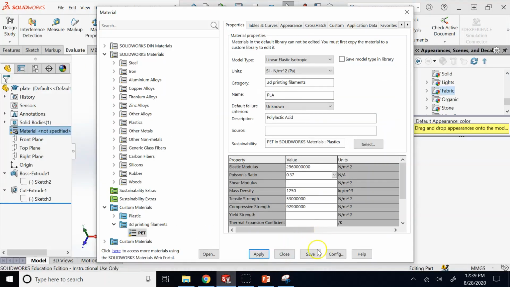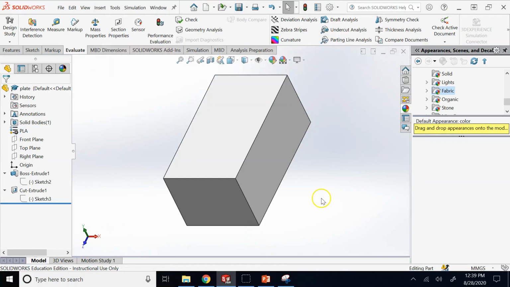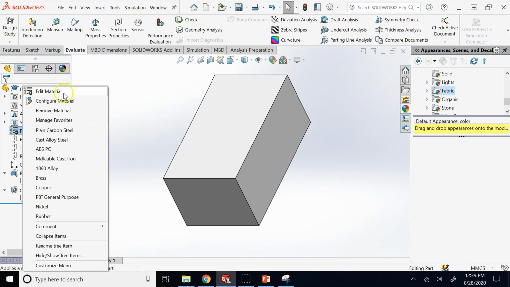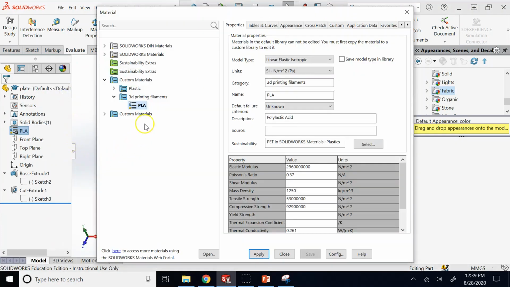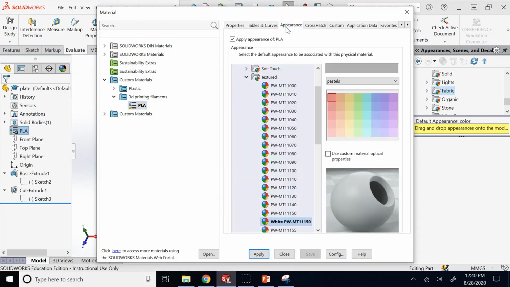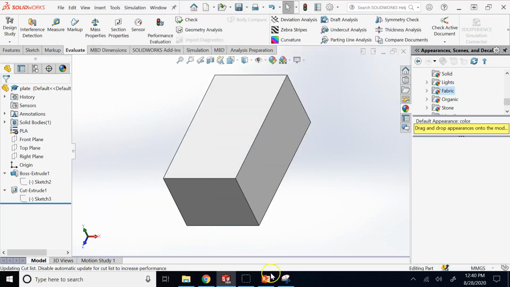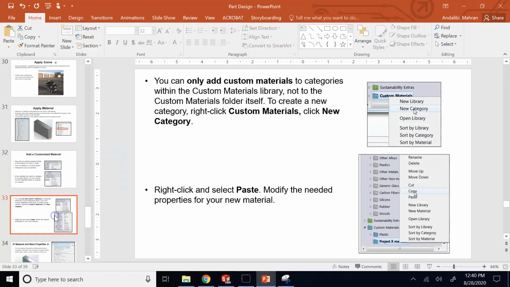And once you have that material, now you apply and close it. So now in my library, I also have PLA and I can apply it, okay? You can talk about its appearance, right? There are so many things that you can do about this material. So this is about, and you can see it here too, okay, how it might look like. So you can add a customized material here,